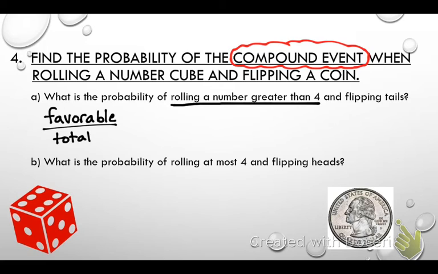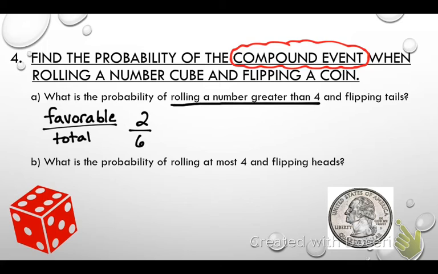All right, so let's just think about rolling a number greater than 4. How many numbers greater than 4 are on a number cube? 2. What numbers are those? 5 and 6. So favorable, things we're looking for, there's only 2 options on that number cube that are greater than 4. How many total numbers are on my number cube? 6. Okay, so I have a 2 out of 6 chance that I'm going to roll a number greater than